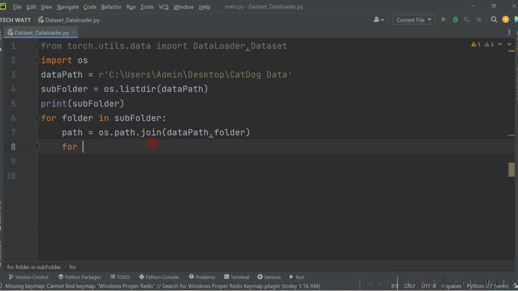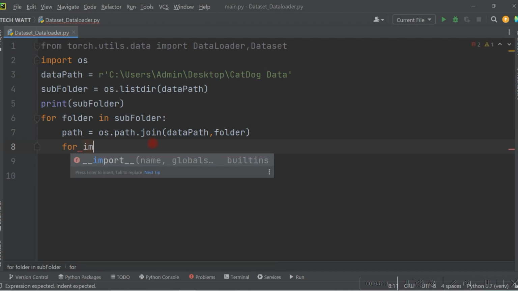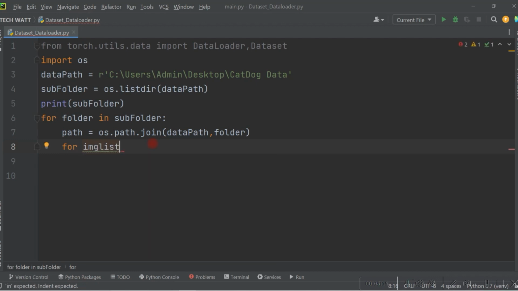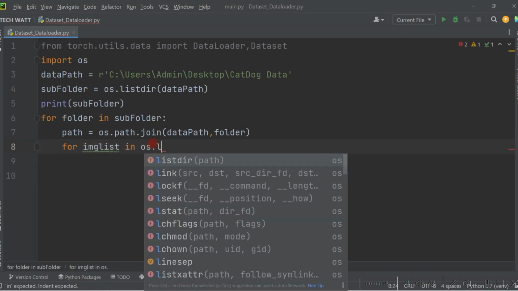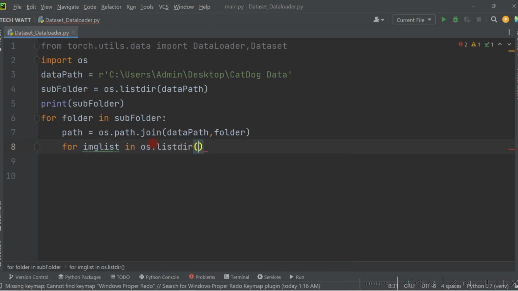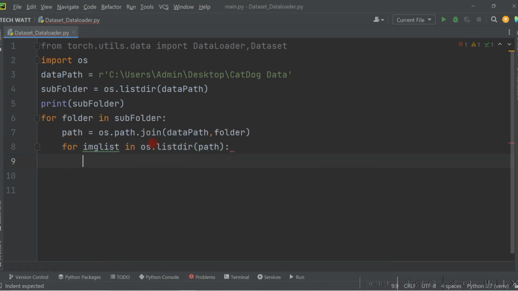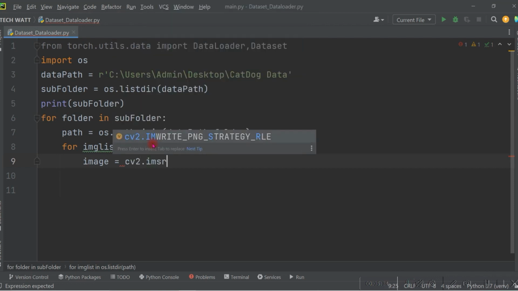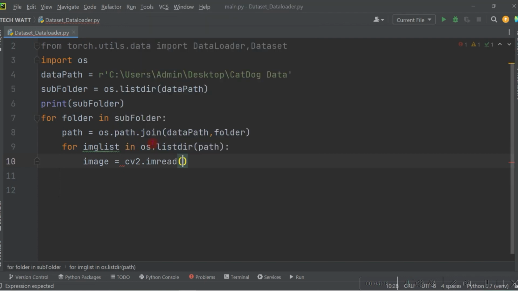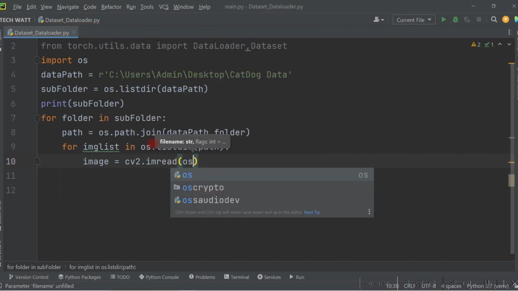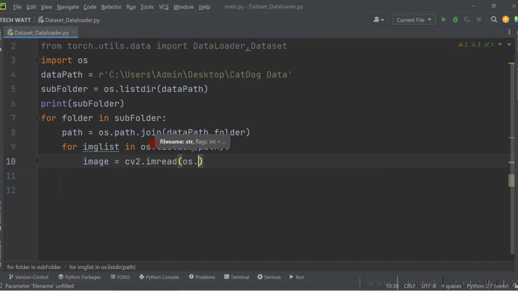So we can also say for image in os.listdir of path, our image here is equal to, then we can use cv2 to read in this image. We use the cv2.imread function to read in our image, and the complete path to our image will be